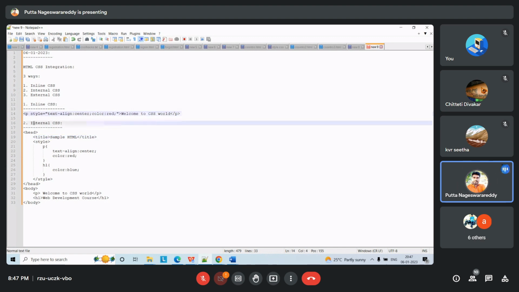Next one, internal CSS. Internal CSS means what? We are separating the styles from the HTML part and we are keeping those styles in the head tag. So this is internal CSS. Okay. Third one,